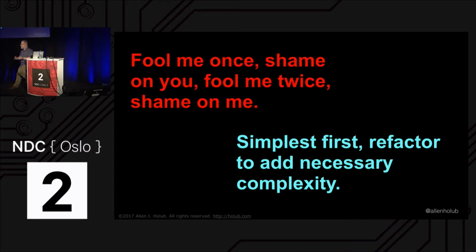Now, if I find myself refactoring, and I say, if I had done this somewhat more complicated thing, if I had this design pattern in place, for example, and the refactoring would have been easier, then I will add a little bit of complexity in order to support the refactor. So I add complexity as a side effect of refactoring when it's necessary. And that complexity tends to take the role of a design pattern or something along those lines.